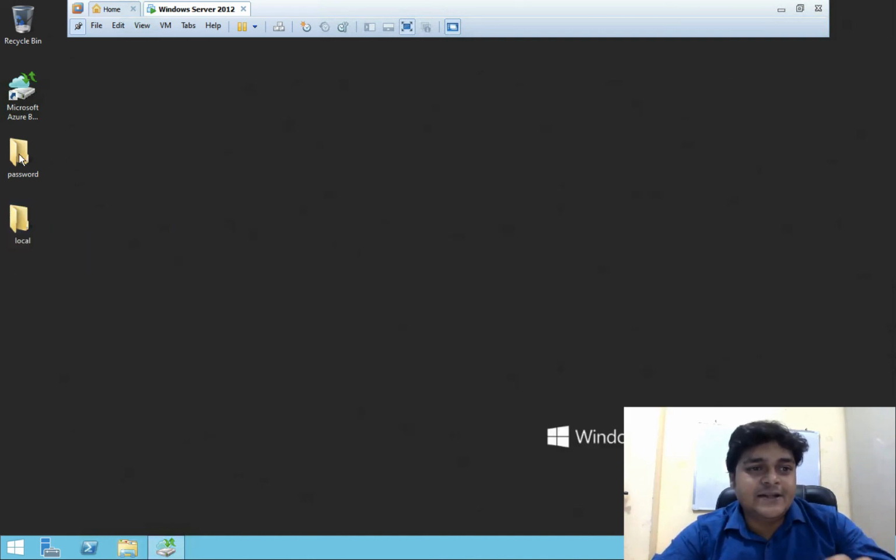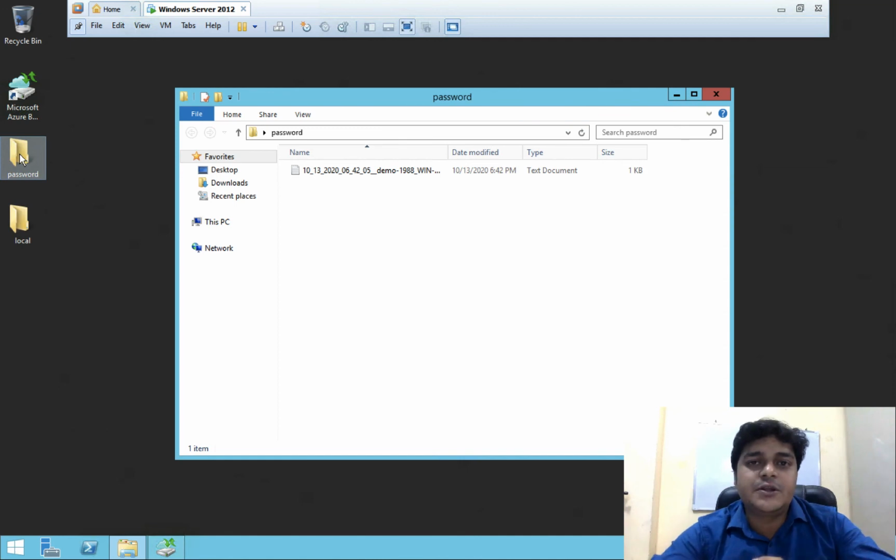So now guys, this is the method to take the backup of your on-premises file and folder and put it over the recovery service vault that you created on Microsoft Azure. So guys, I hope you understand the entire steps that you need to use to configure backup of our file and folder from on-premises to cloud.